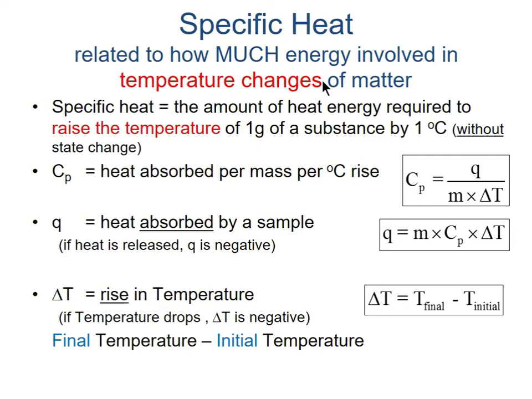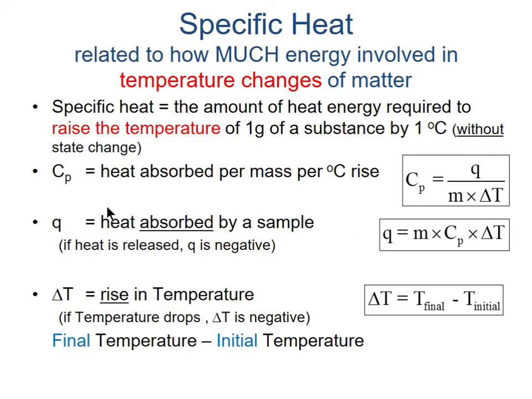So the specific heat is simply a constant that is defined as the amount of heat energy required to raise the temperature of 1 gram of a substance by 1 degree. And this is just changing the temperature, no state changes are involved. I could actually have a molar specific heat, and the only difference is it's per mole of substance rather than per gram of substance. So we see that we use the variable CP, and by the way, every single physics